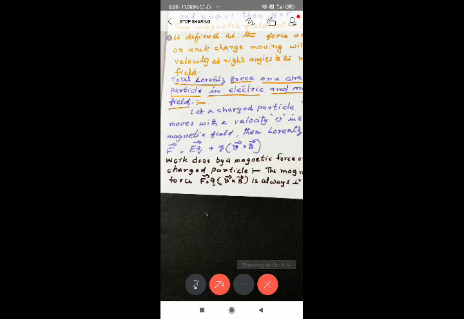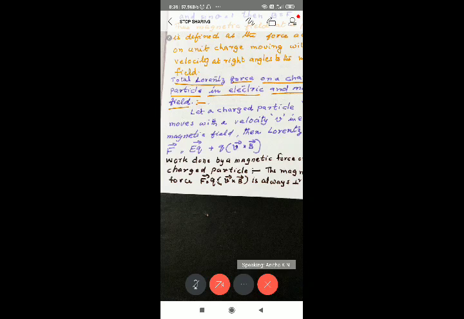For example, that last year I told, when the person is moving, if angle between F and B, person carrying a load on his head, if he walks horizontally, work done is 0. That and all we have seen. So depending upon the angle theta, work done will be different. Here we have to find out what is the direction of this force and velocity, motion. Velocity means motion. What is the direction of force and motion?